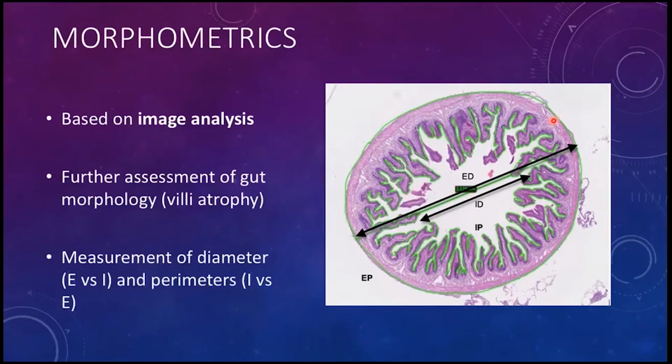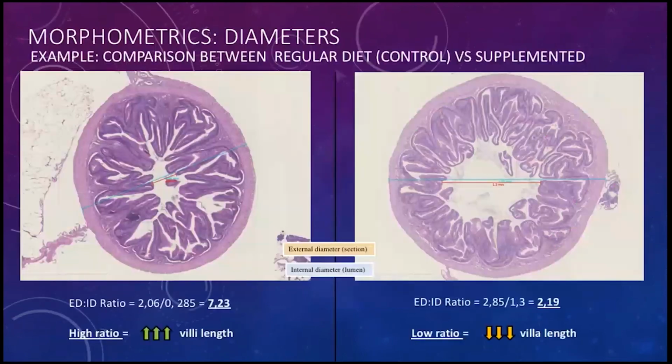So we measure these 4 different parameters: internal diameter and external diameter, so external diameter being the full diameter of the intestinal section, and then external perimeter and internal perimeter, like the imaginary line that is outlining all the intestinal mucosa. And again, in a situation where we have a control diet that is compared with a supplemented diet, what we see is that